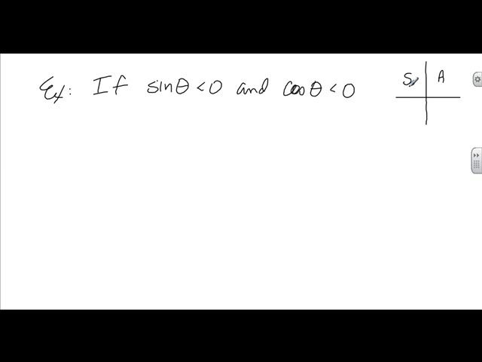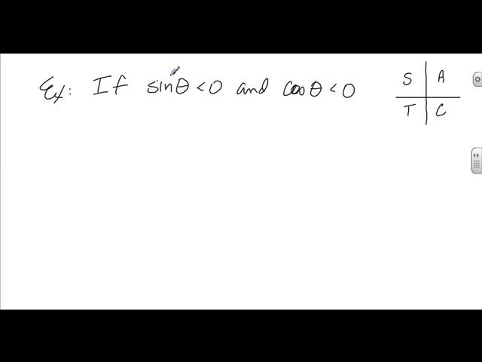Sine and its reciprocal are the only functions positive in the second quadrant. Tangent and its reciprocal are the only functions positive in the third quadrant. And cosine and its reciprocal are the only functions positive in the fourth quadrant. If we have that information,